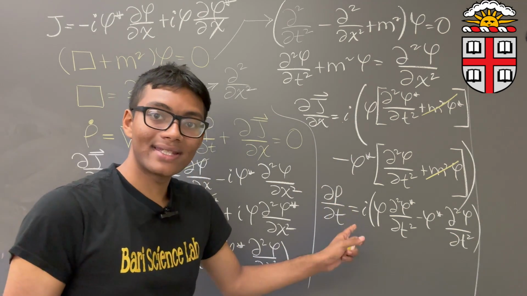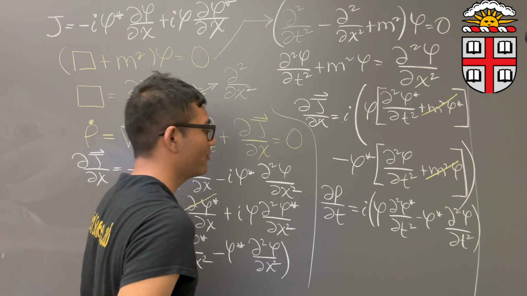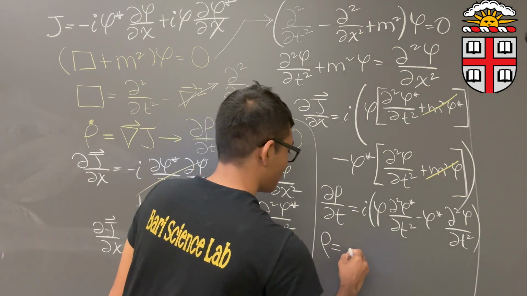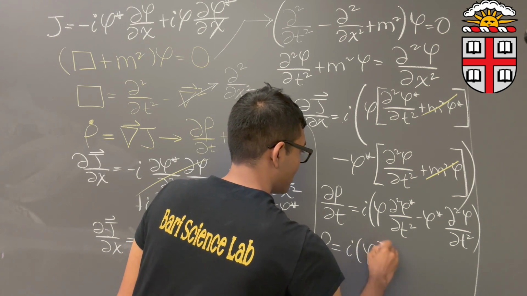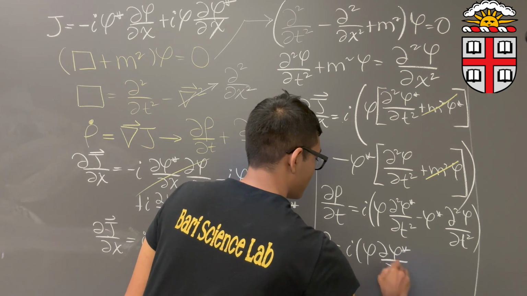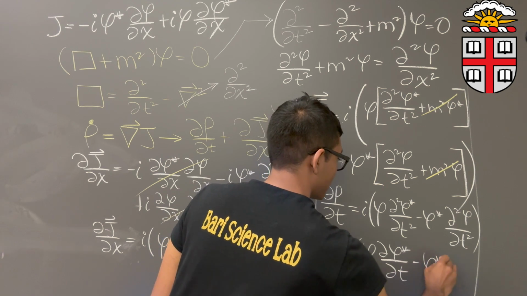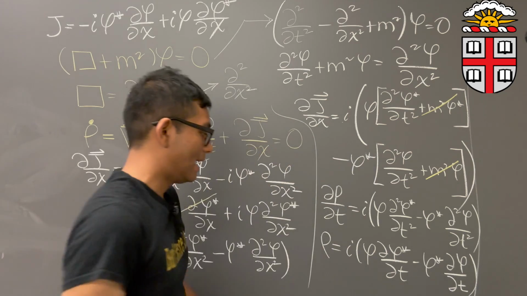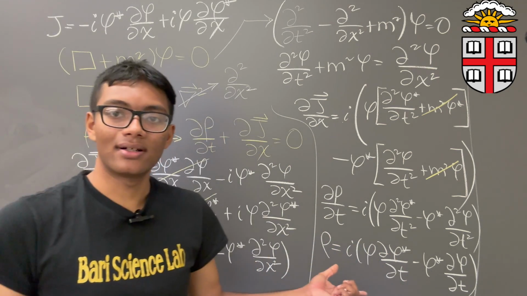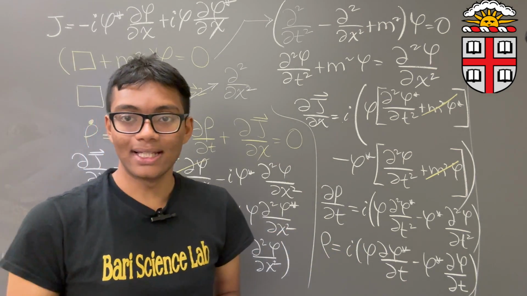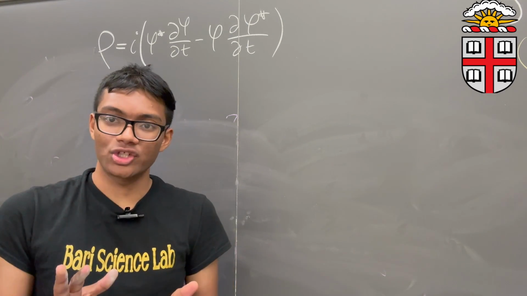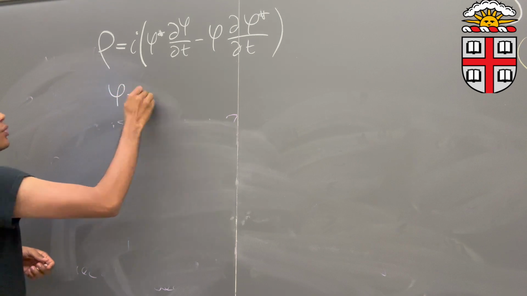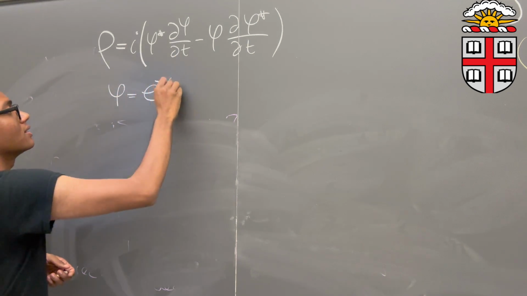So the only way that this can happen for our derivative of the probability density is if the probability density itself is equal to phi partial phi star partial t minus phi star partial phi partial t. And voila, that right there is the probability density. So now we're almost at the finish line. All we have to do is recall that our guess for phi was some kind of a free particle of the form